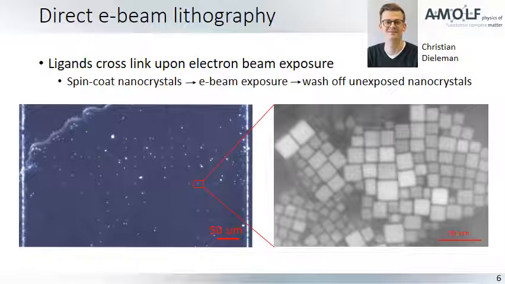So what we do, we just spin coat a couple of monolayers of these nanocrystals, and we expose small dots to the electron beam, and only there the ligands cross-link and bind the particles together and to the substrate. And then we wash all the other particles off with the original solvent of toluene, and what remains are